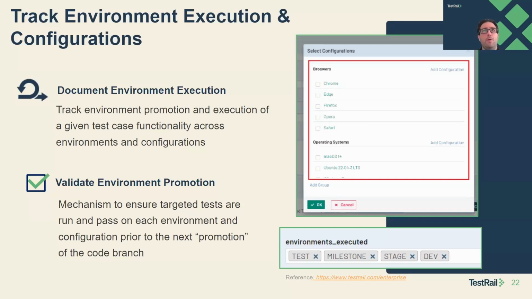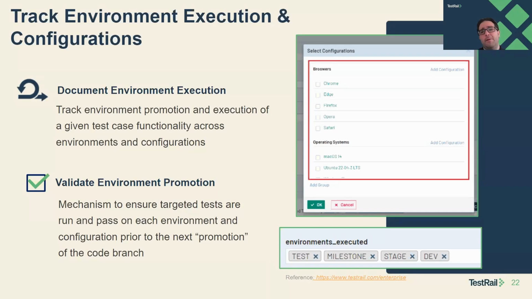Or we didn't promote all the tests or all of our environments all the way through the cycle. So we promoted dev to the test environment, and then someone rebased and merged up, and now the milestone environment's broken, or we go to stage, it's broken because we skipped milestone. We would have known at the end of the sprint, but we missed it because we didn't promote all the way up. We didn't run all the tests in all the environments. So these type of issues can be avoided having a good way to track and manage both how you promote and the configurations of all the testing and all the environments all the way through to production release. So have a good process and mechanism to do it.